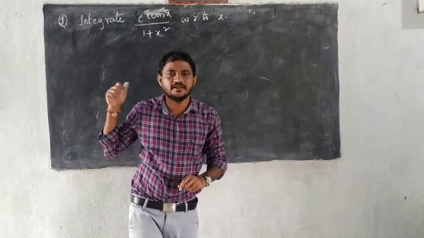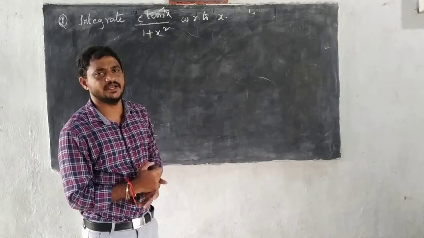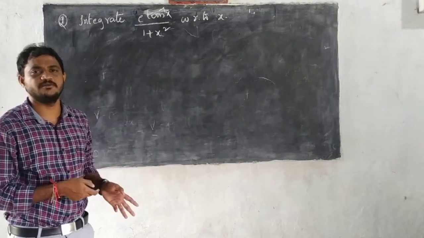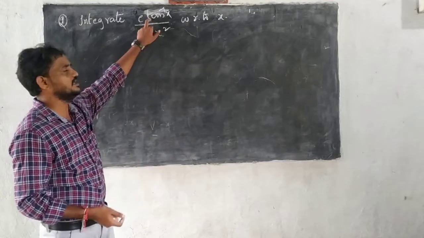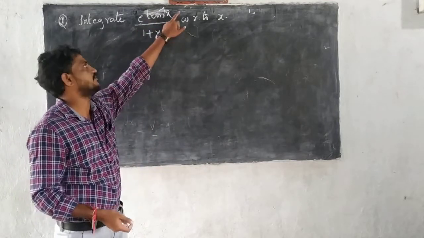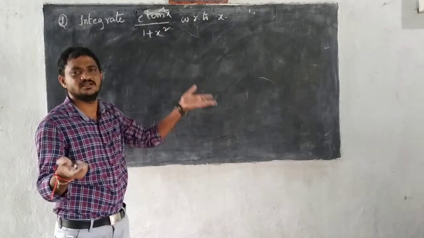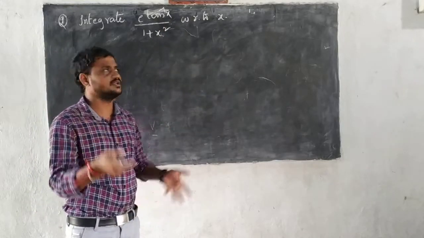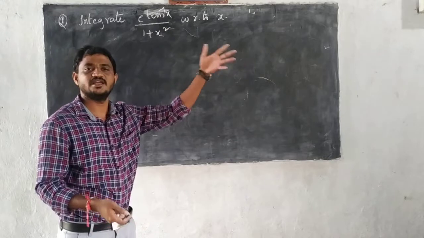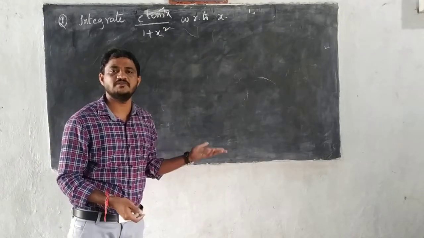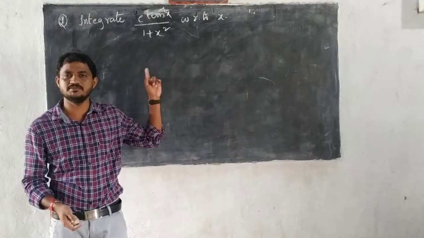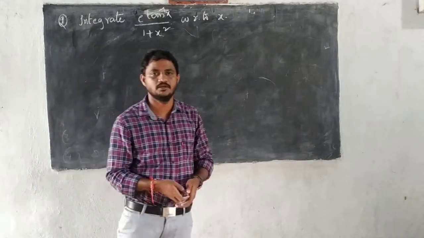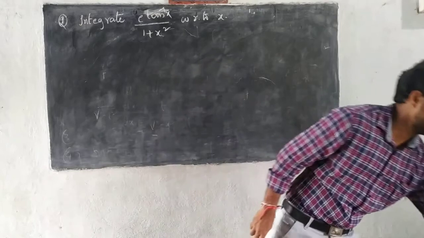Same, we have to integrate that function. How to integrate? Similar to the previous problem. We have to observe which is the function and which is its derivative. Here we have clearly tan inverse of x as the function and 1 by 1 plus x square as its derivative. So consider tan inverse of x as t, then differentiate on both sides, then substitute both values, then integrate and simplify. Okay, so solve this problem similar to the previous problem. Okay, let us discuss one more problem.